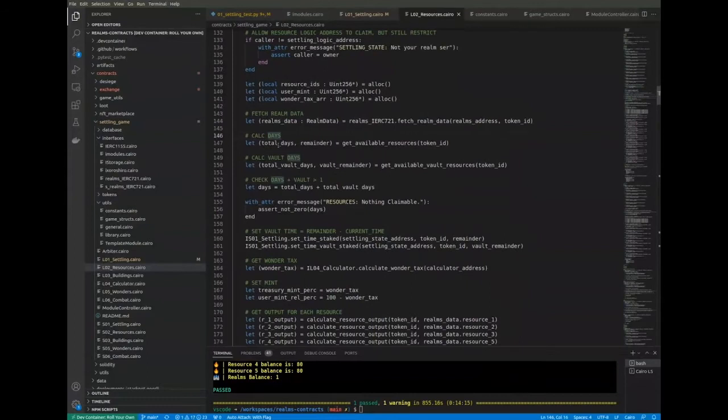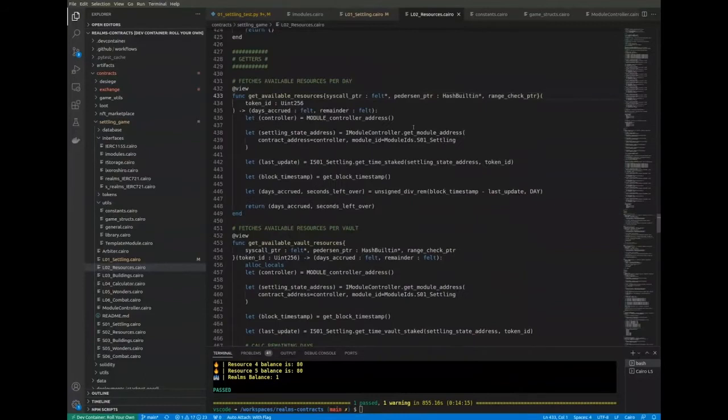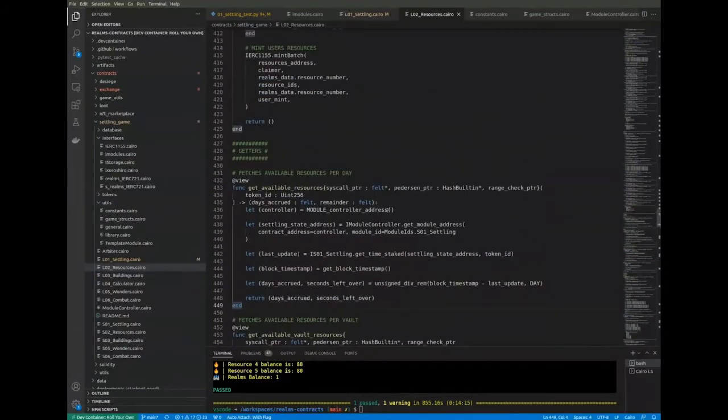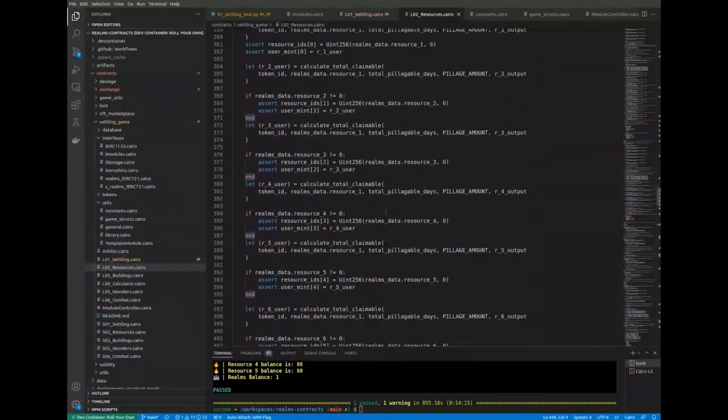We calculate the total days available, which works like this: it gets the current time staked and then the current time, and then divides that over a day. If there is a full day accrued, it returns that. So you can only claim resources if a full day has been accrued. That's 86,400 seconds, since everything's done in timestamps on the blockchain. And if you do have a full day available,